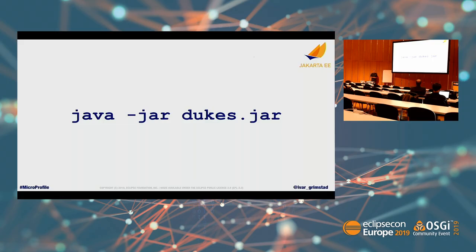Another thing that MicroProfile brings to the table is Uber jars or hollow jars, or a possibility to run your application from command line. So traditionally, Java Enterprise is an app server that you deploy an application into. But technologies like Spring Boot have made it popular to create Uber jars